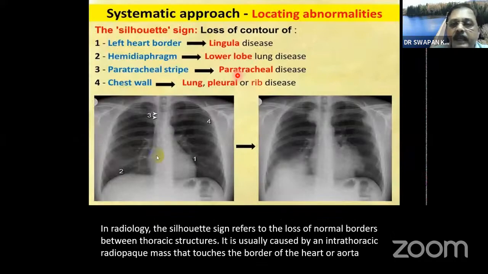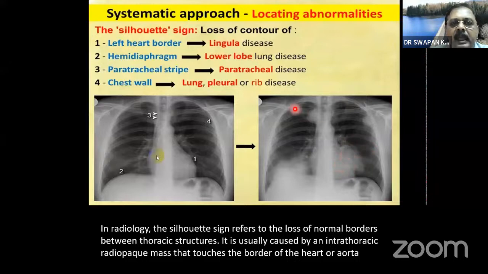So what are the silhouette signs? Sometimes we come across the term silhouette sign. Silhouette signs are nothing but radiopaque shadows that obscure some of the cardiac borders, or the borders of any of the organs within the thoracic cavity. Say there is a radiopaque shadow over here on the left cardiac border near the apex. So it must be a lingular segment involvement of the left upper lobe. So the left heart border is being obscured by the lingular pneumonia in the lingular segment, and this shadow is then called